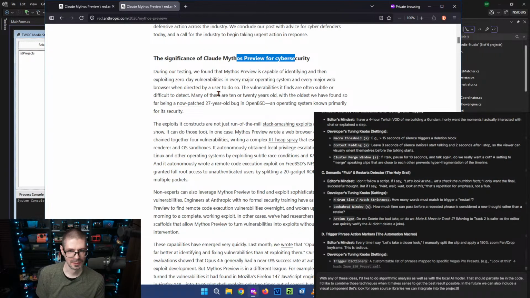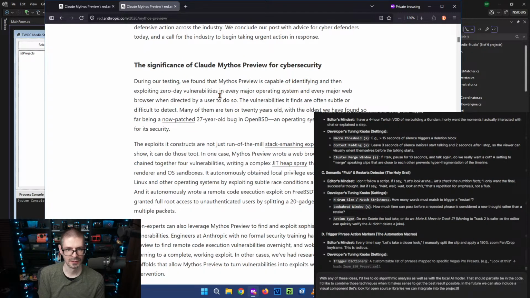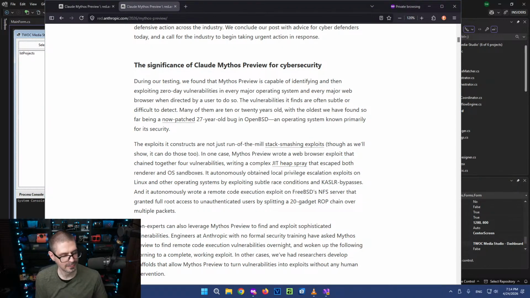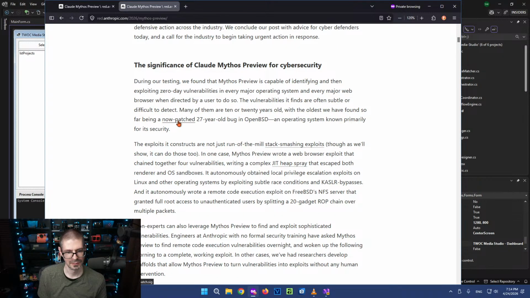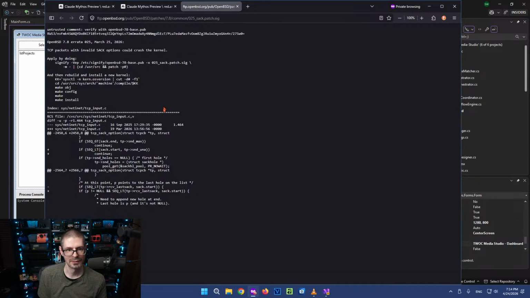Yeah, let's see what it says here. Again, I don't know if I'm blocking it with that chat window thing. There we go. So now patch 27-year-old OpenBSD operating system bug. Let's see what this is.